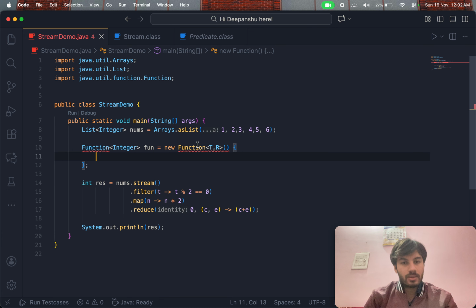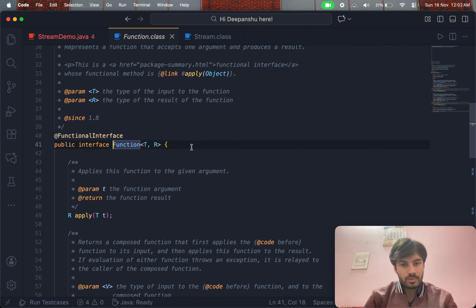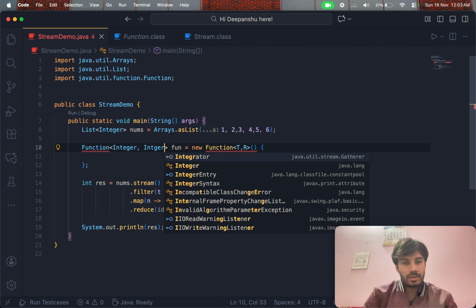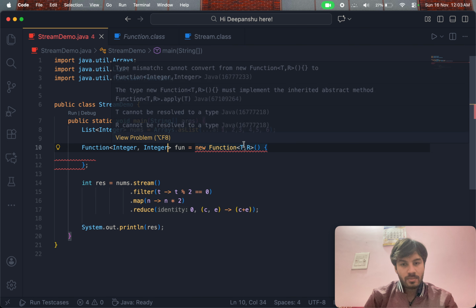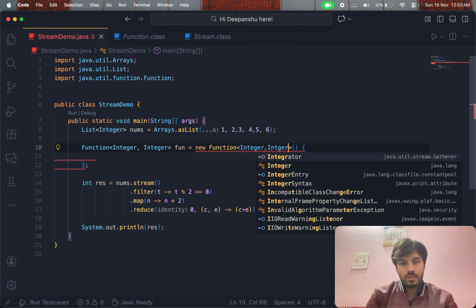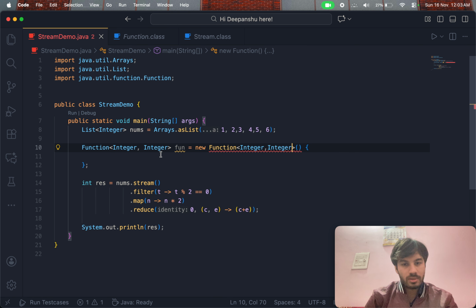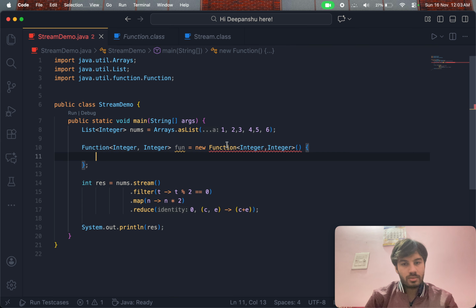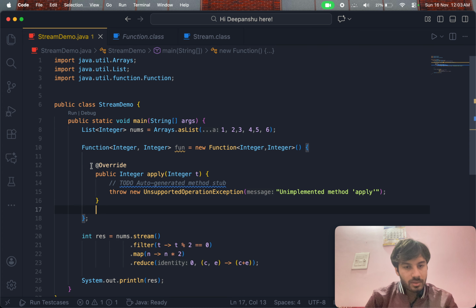yeah, actually just missed it. Here you see there are two type parameters, T and R, which are the input and the output. Here you see the function argument, and that is the output result class. So just mentioning it here, Integer, the output class, yeah. And just implement the methods,